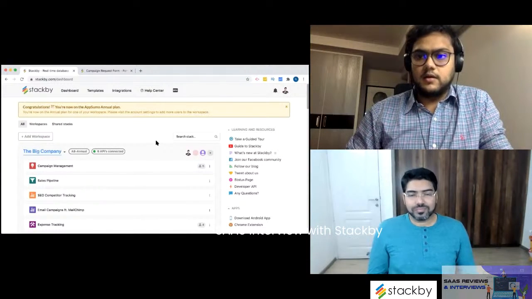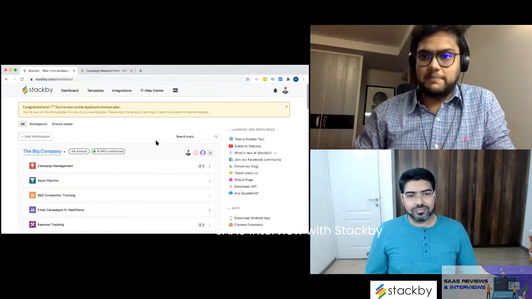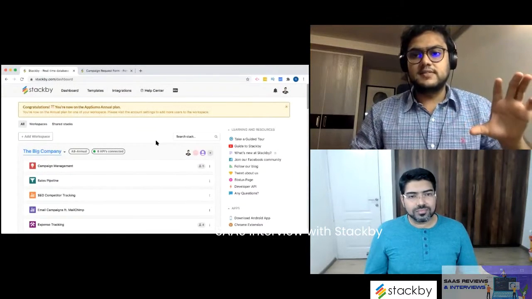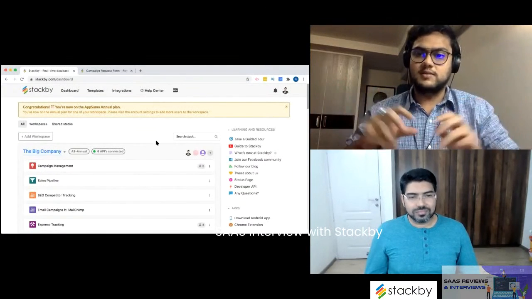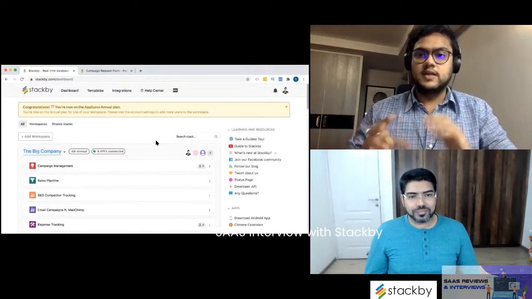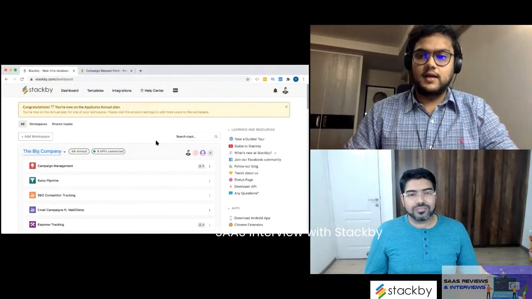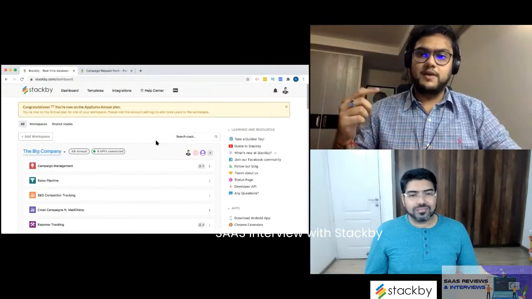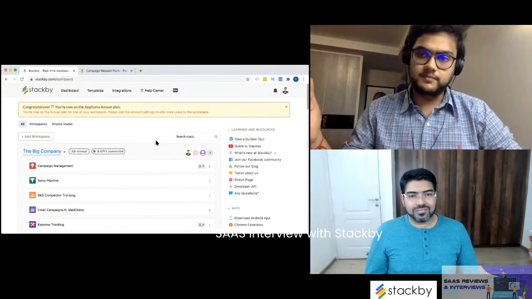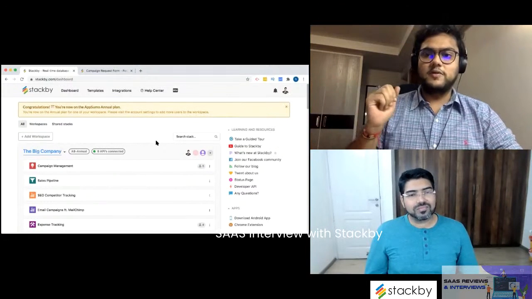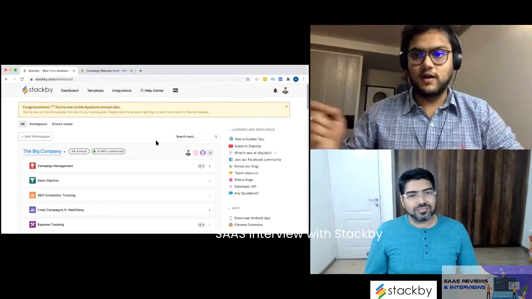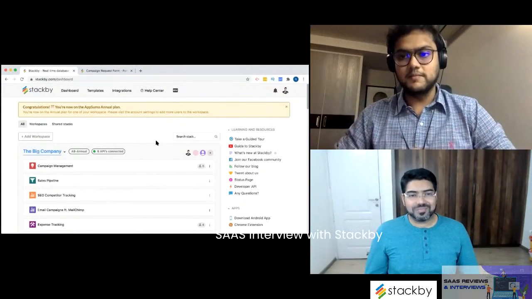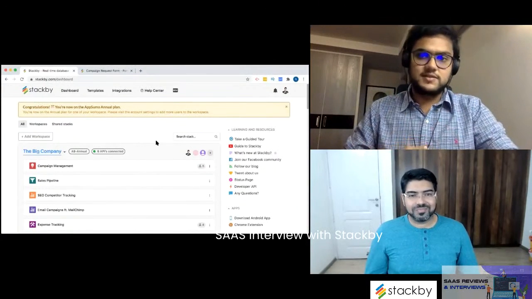So like our internal automations. Tools like Zapier or Integromat, where if something happens, it triggers an action somewhere else. So we have such internal automations coming where, suppose a new row is created in Stackby, it should trigger, for example, a new row to be added to another table within Stackby, or it should send an SMS to somebody, or send a Slack message to somebody. So we have such internal automations coming.